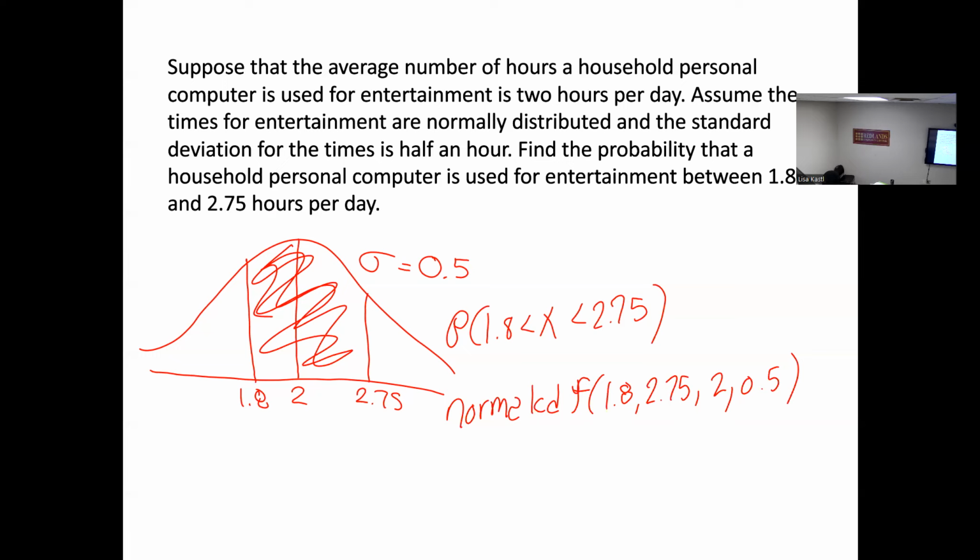Okay, my lower limit is 1.8. My upper limit is 2.75. The mean of this normal distribution is 2. The standard deviation of this normal distribution is 0.5. So normal CDF 1.8, 2.75, 2, 0.5. So the probability that I randomly select a household and they use their computer for personal stuff is 0.5886